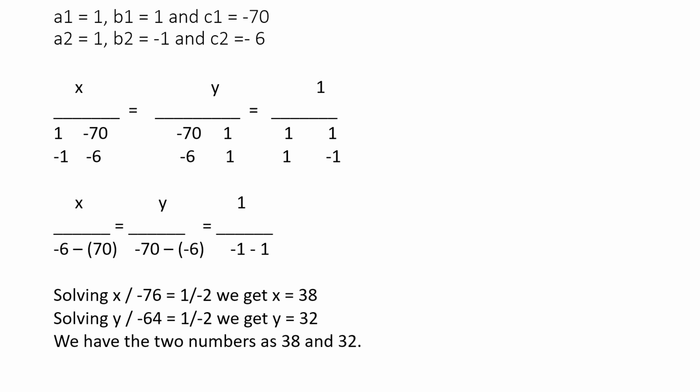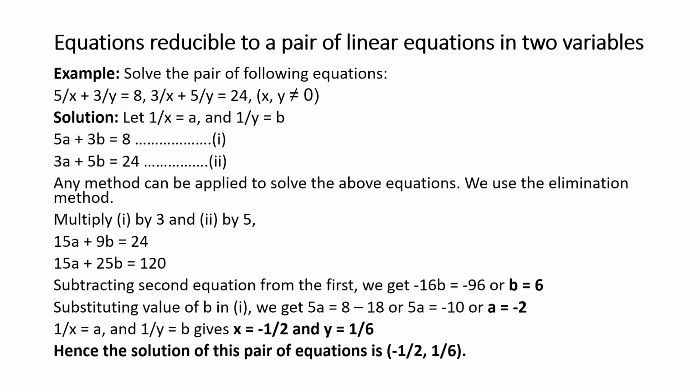So in this method, just remember that if you are writing for x, just ignore the coefficient for x. If you are writing for y, ignore for y and write in the order, and similarly for the constant term. Remember, if the method is not given, you can use any of the three methods to solve the pair of linear equations. Now the next is a special case, equations which are reducible to a pair of linear equations in